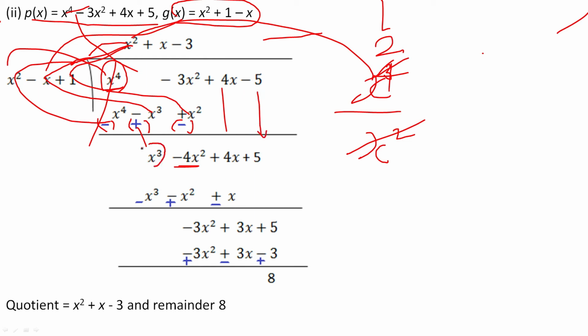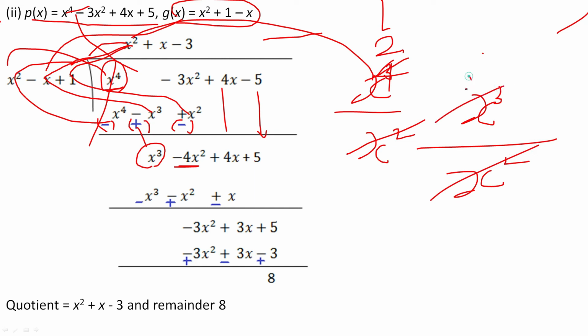Again x power 3 divided by x square. x power 3 divided by the x square, cut square and this one will get x only. Put the x value in the question. Again you multiply, you will get this value.